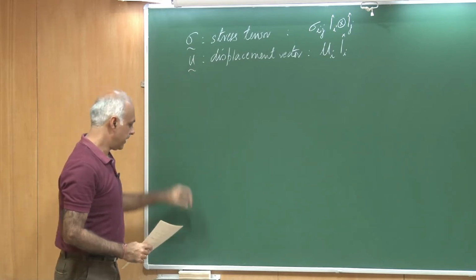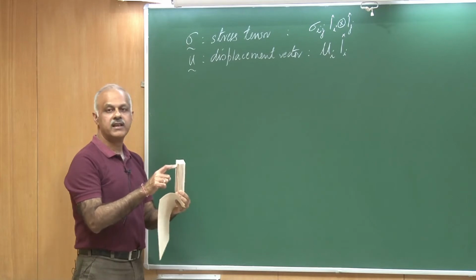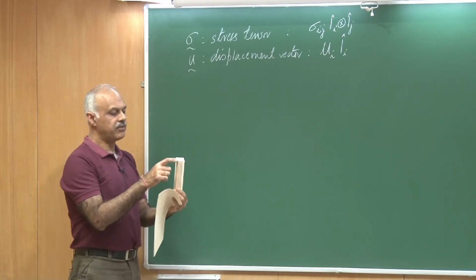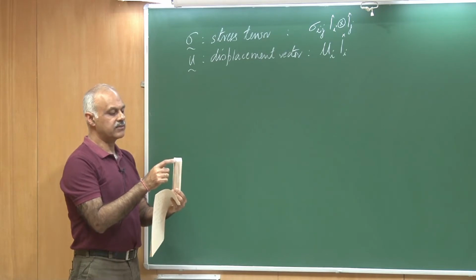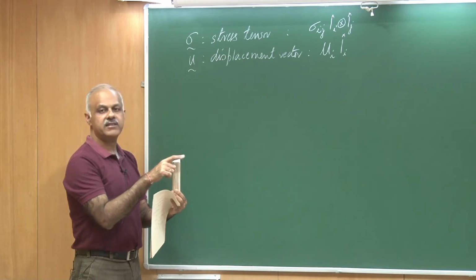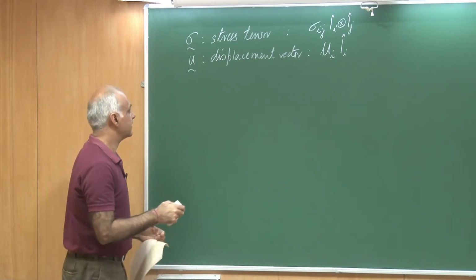In fact, I can give you an example. Suppose I take this object and I put a load on it, then in terms of the coordinate system, if I look at the tip of this object, it could go through certain displacements and that displacement would be a vector. One of the components would be aligned with the x axis, the other one with the y axis, and the third one with the z axis.